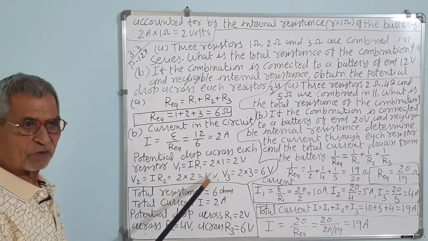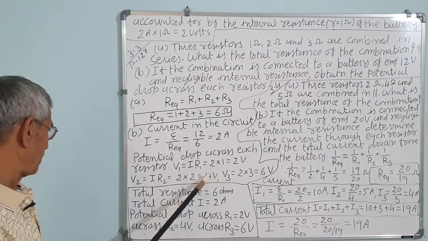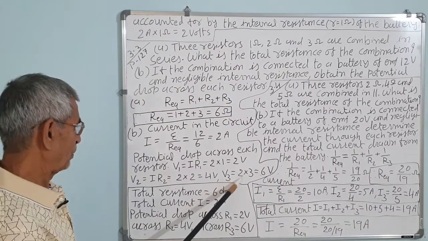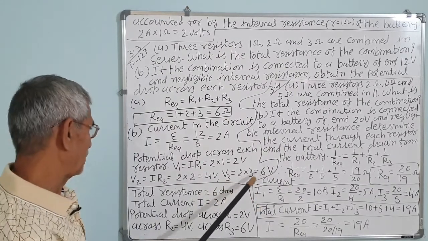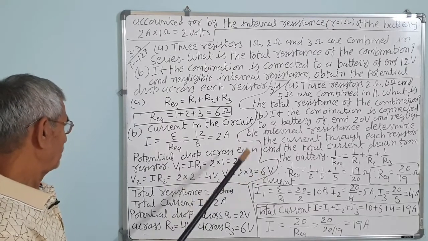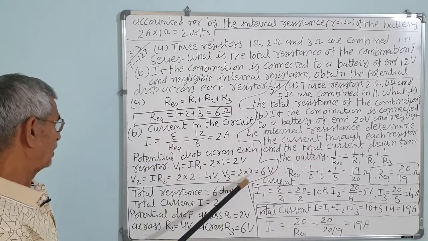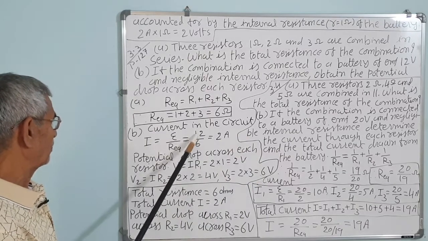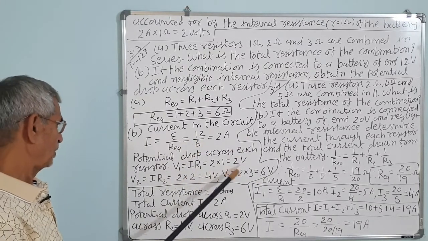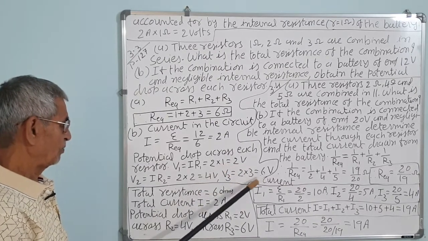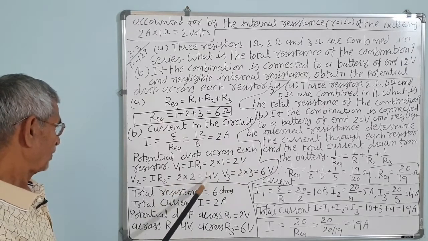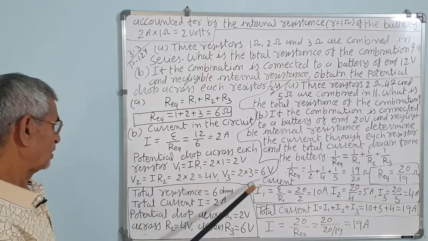If resistance is more, the voltage drop will be more for the same current because they are connected in series. Similarly V3 is equal to 2 ampere into 3 ohm resistance, that is 6 volt, correct. So, resistance is more, voltage drop is more. If it is 3 times, then voltage will be 3 times. Here 1 ohm resistance, so voltage drop is 2 volt, here 3 ohms, then voltage drop is 6 volt. So, here 2 volts, here double, here triple.